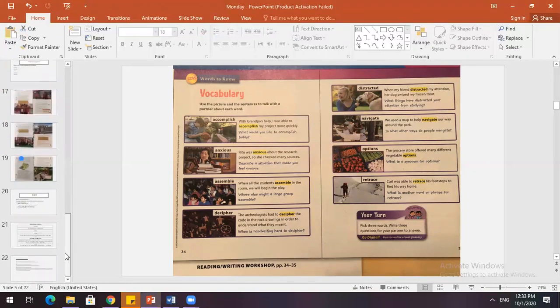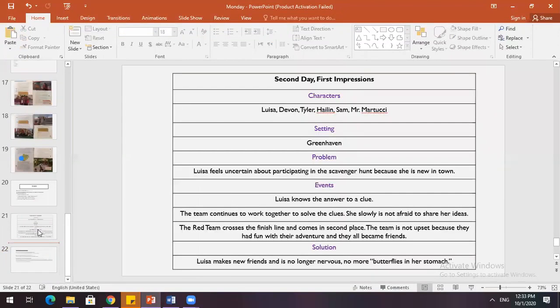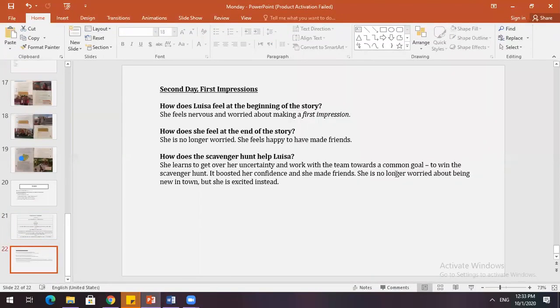Tanahi, listen, guys, think about GPS. You know GPS? Do you have Google Maps on your phone, for example? If you are in Cairo, for example, and you don't know all of these streets, so if you're in an unfamiliar place, we all use GPS. We use Google Maps to navigate our way to our destination, right? So to navigate means to find your way. And assemble means to come together.